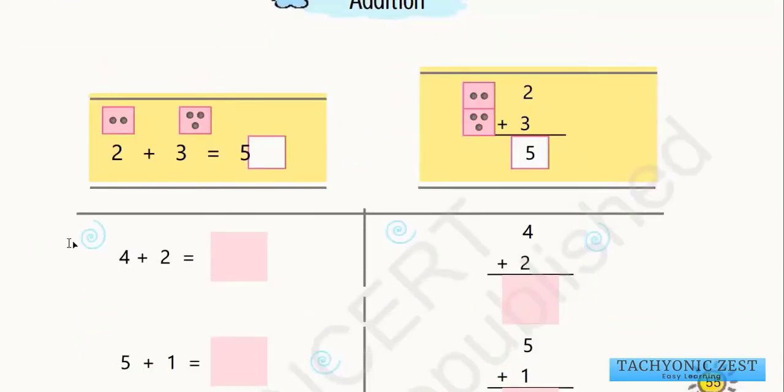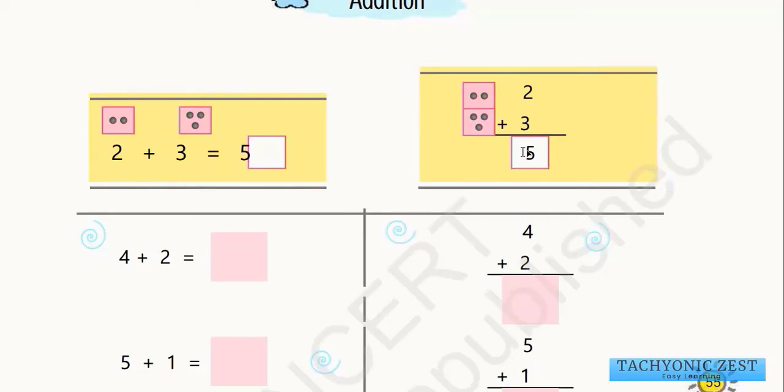So in this question we have to add. Let us try to add this one. Here we are given a face of a dice with 2 on it and a face of a dice with 3 on it. If we add, what number are we getting? Here we can see that at first there was 1, 2 plus 1, 2, 3. So what is the total number of dice? 1, 2 plus 1, 2, 3, which is 5. So here the answer is 5.